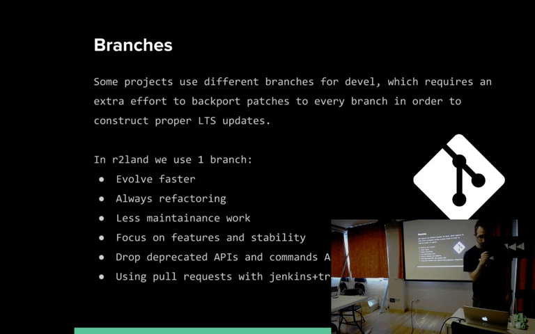Other projects are using different branches for development, in radare2 as well as in radar. I've been also trying to maintain a single branch. The reason for this is that if you are maintaining different branches, you will have to be porting patches from one branch to the other one. You will have to have more than one